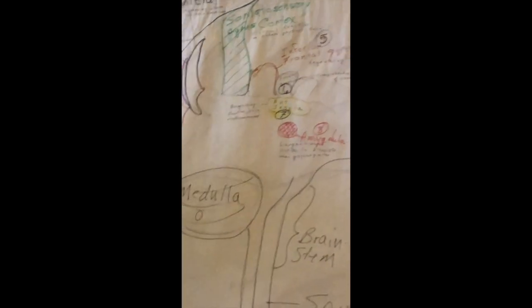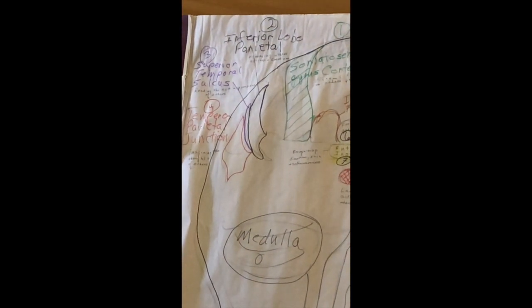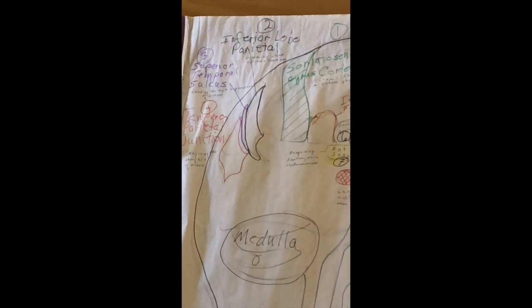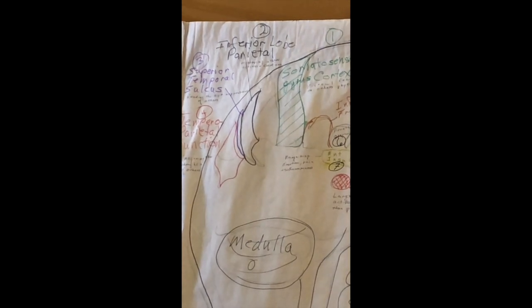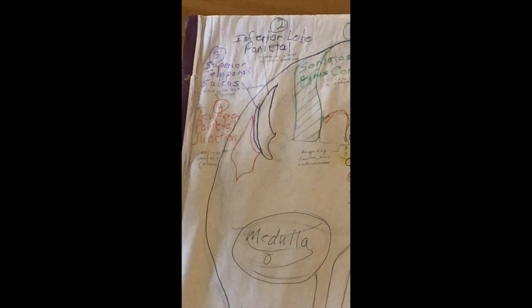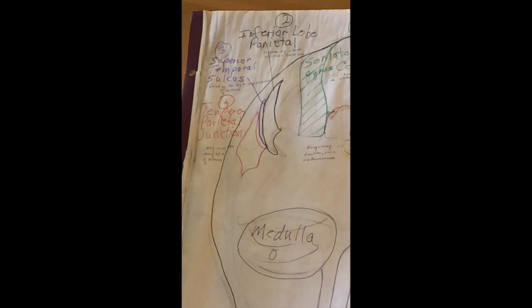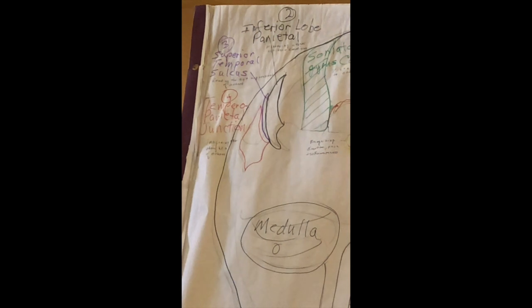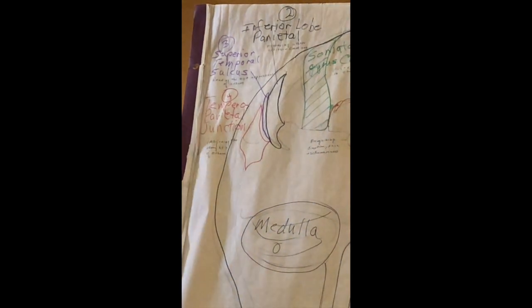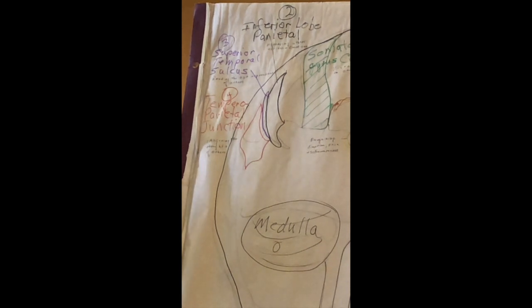Number 2, which I have here in black, is the inferior parietal lobe, and this is active in mirroring other people's reactions to emotions. Number 3, purple, superior temporal sulcus, reading eye expressions. I got these off this drawing, but they were so small and hard to read that I figured I better pick up the size a little bit. So the superior temporal sulcus is reading eye expressions and movements of others.